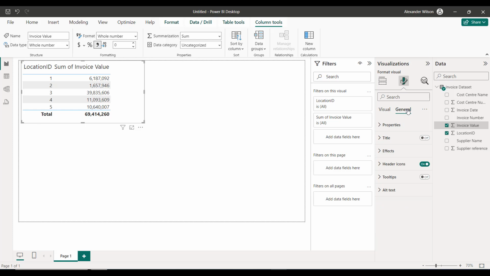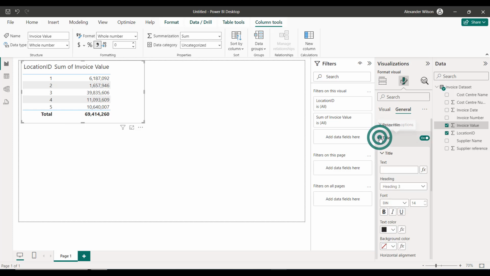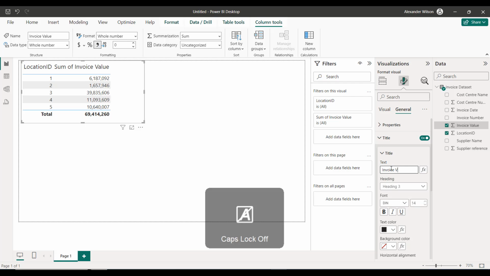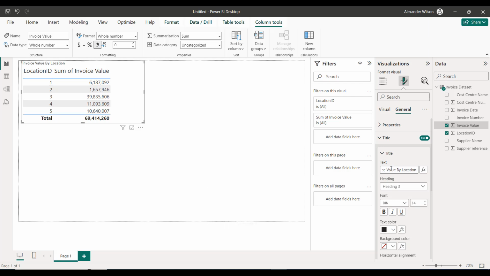I'll toggle on the title option. And then click on the arrow to expand the options. Here I can write in my title. I can then increase the size of my font, just like I did for the values of the table.